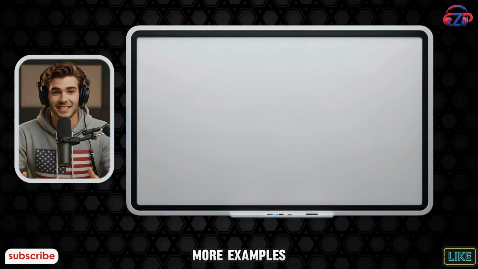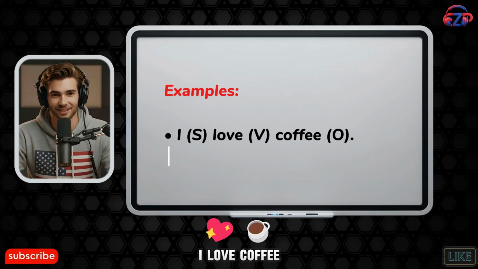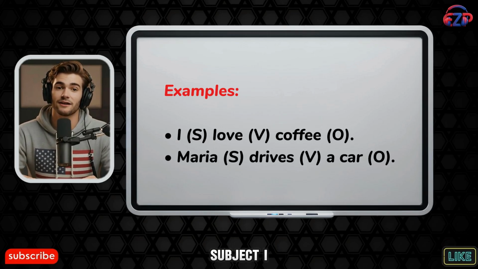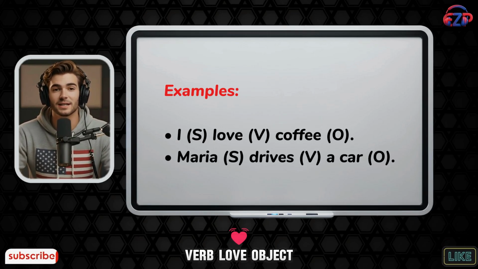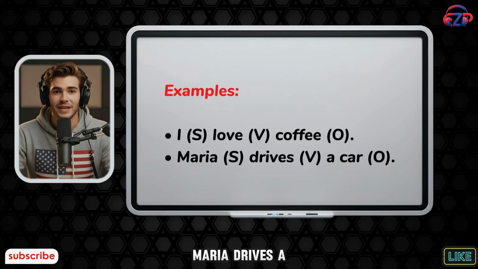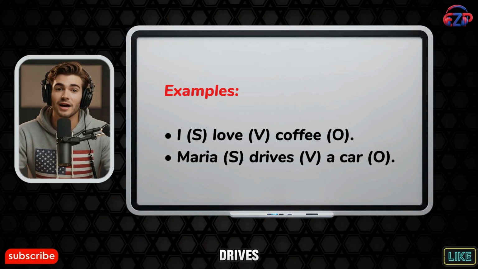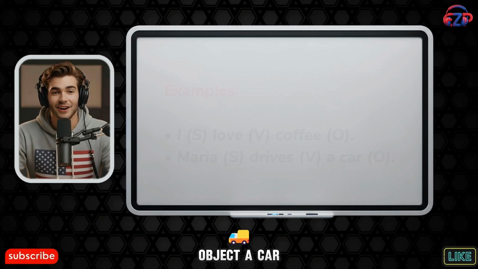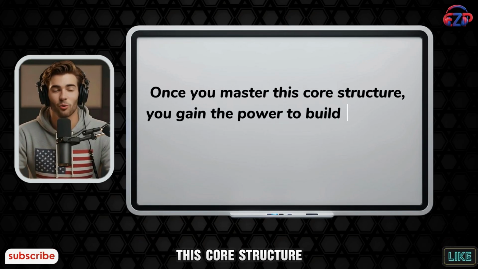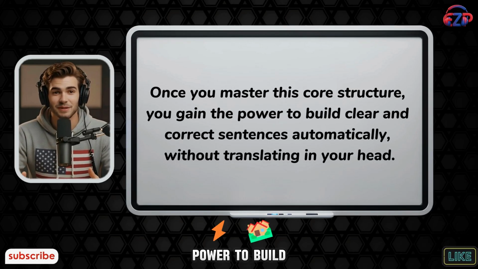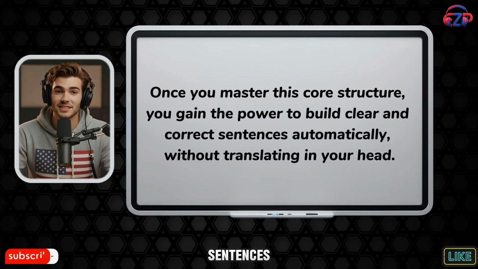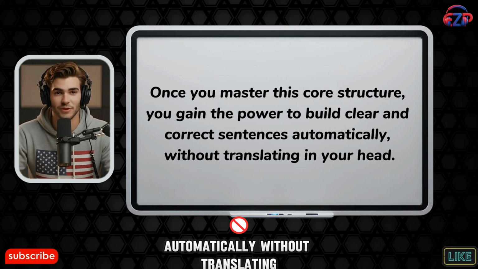Let's look at more examples. I love coffee. Subject, I. Verb, love. Object, coffee. Maria drives a car. Subject, Maria. Verb, drives. Object, a car. Once you master this core structure, you gain the power to build clear and correct sentences automatically, without translating in